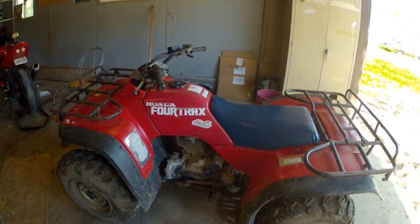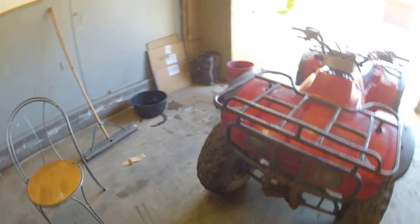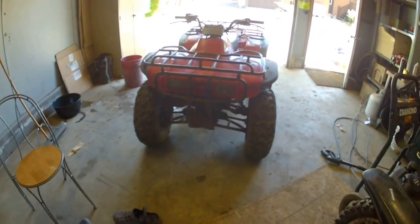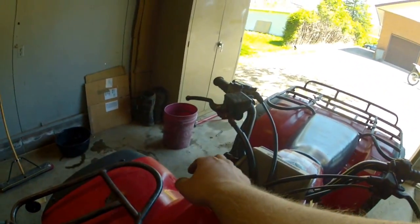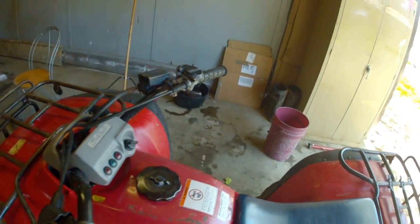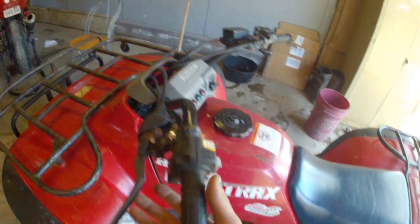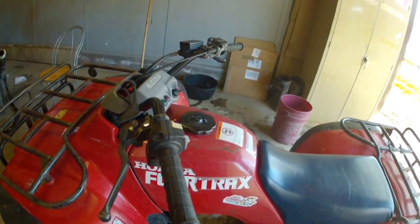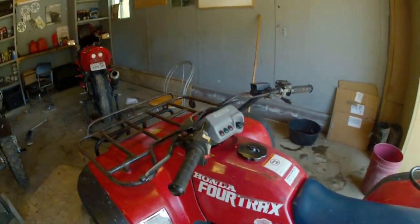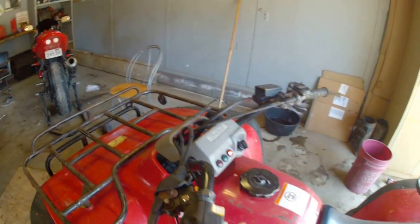It's a little dirty right now. I was riding it a little bit yesterday. It's a four-wheel drive, locked in all the time. And this quad is way better than my Moto 4. You've got a charging port, the front brakes work pretty good, the rear brakes work amazing, they don't come out of adjustment. You've got the reverse, where you click this down, pull that in, click down, and it goes into reverse. The gear shifts so smooth. The thing fires up, look, this thing's been sitting for 2 days, and